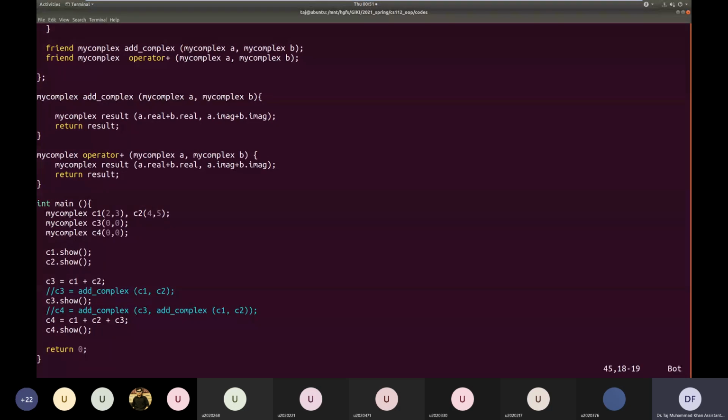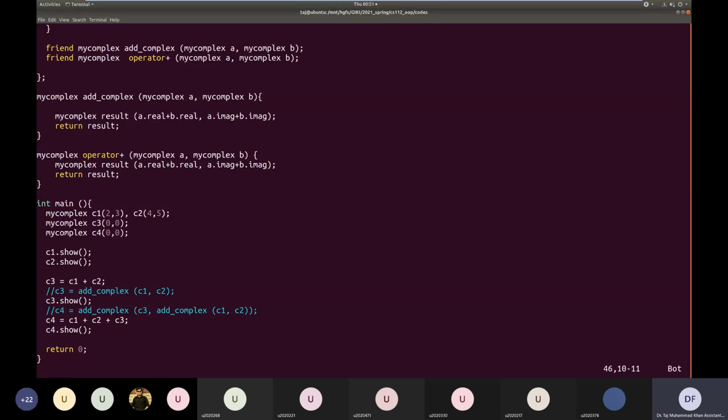So what happened here is that the plus operator, we have used it 2 times. Let me put line number. The function on line 29 will be called twice. I think the plus operator is associated from right to left.